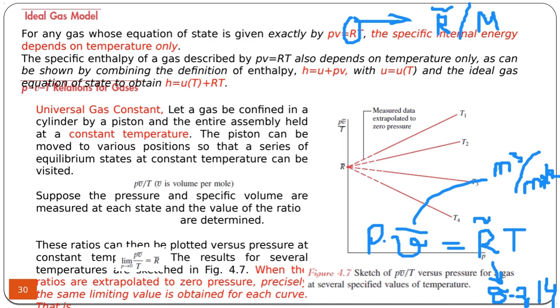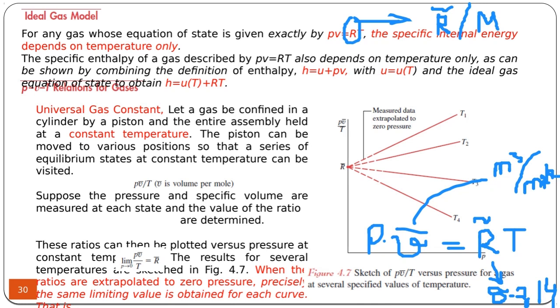Otherwise, you have to use the normal specific volume as cubic meter per kilogram. Then the gas constant must be calculated from the universal one divided by the molar mass of the gas. So it was shown that this universal gas constant is actually a constant value for all the gases,